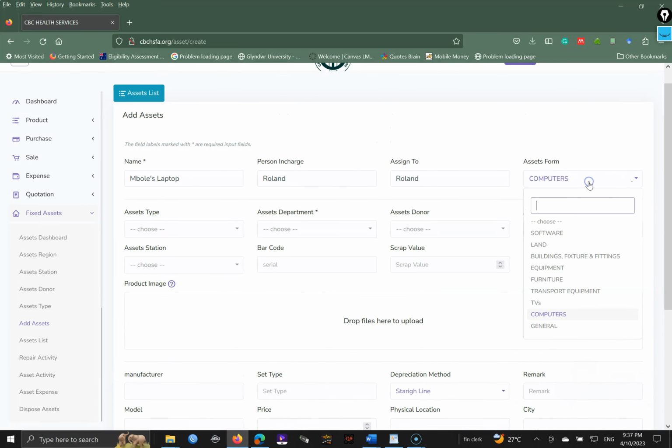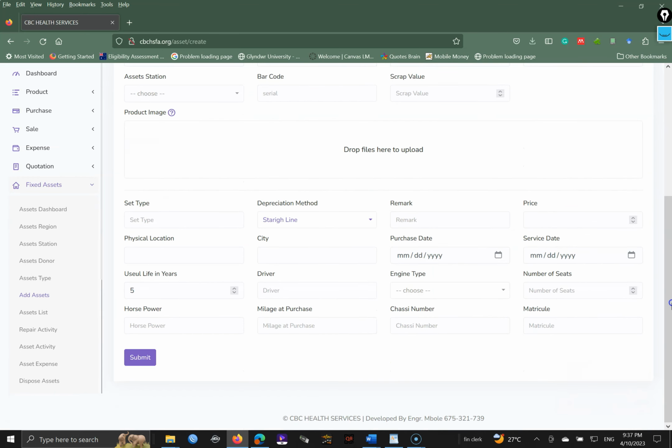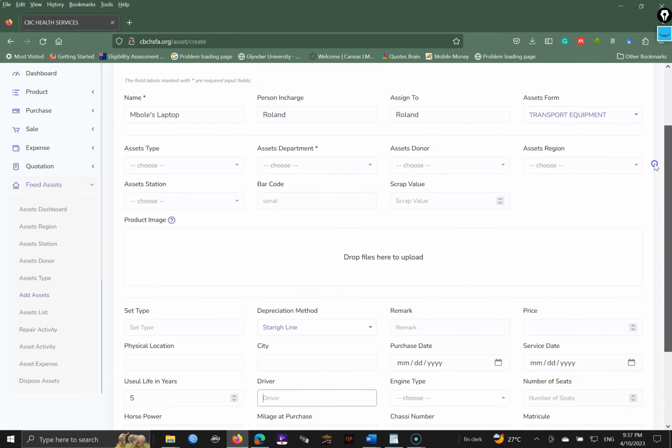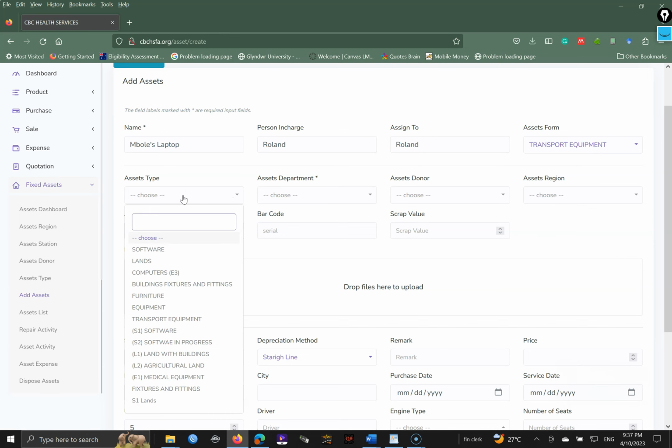Now when you also choose something like transport equipment, it is going to give you the horsepower, which is like the mileage I purchased, the chassis number, and the immatriculation, the number of seats, the engine type, whether it's gas or super, the driver. So basically what you need to do is to fill this, and then you select the